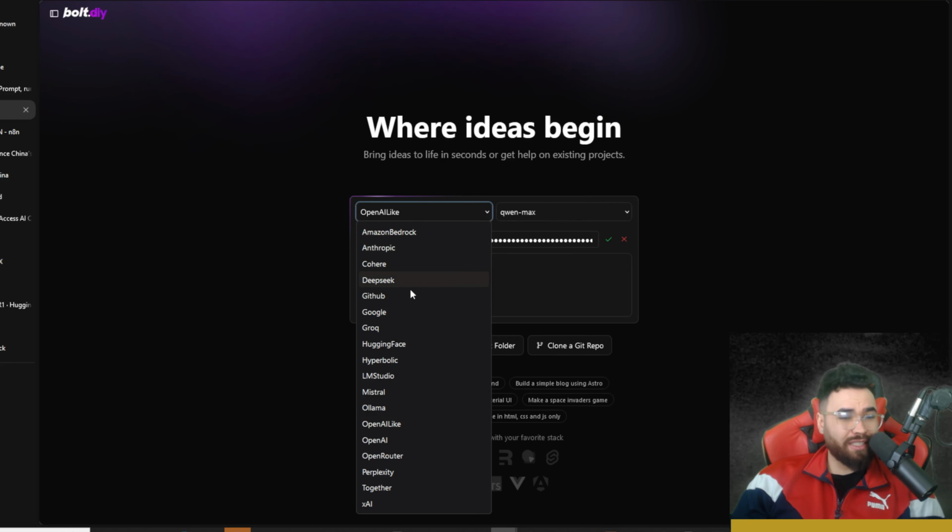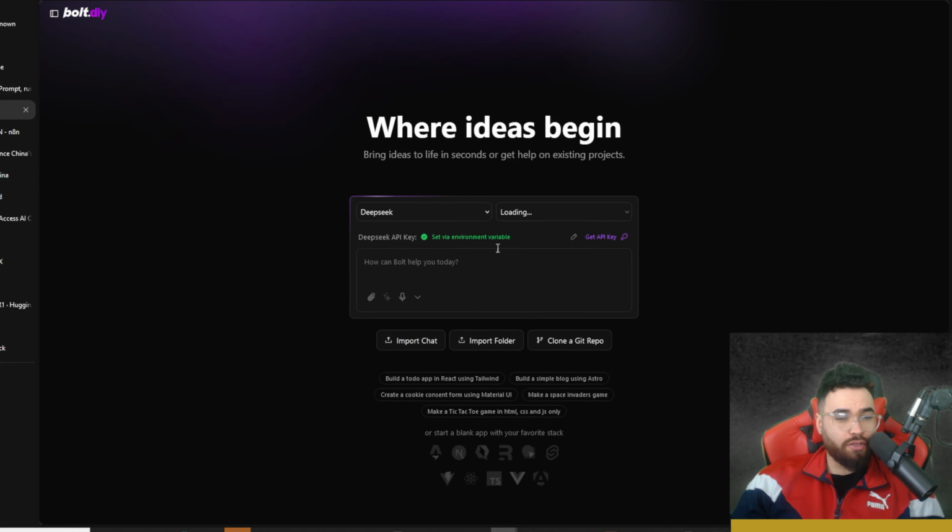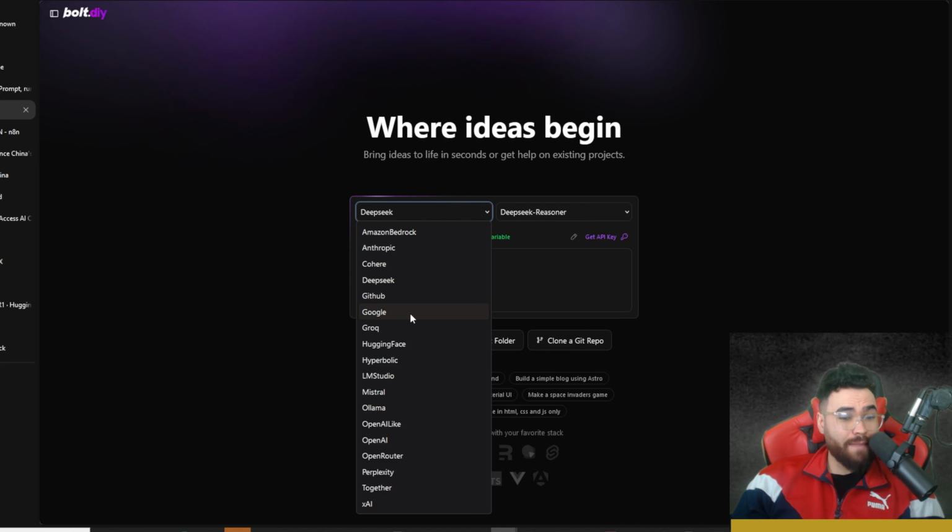So I'm specifically going to focus on DeepSeek right now because DeepSeek R1 is just awesome and it's even cheaper. So let's go ahead to DeepSeek. Now within DeepSeek, we can see DeepSeek Chat, DeepSeek Coder, and boom, DeepSeek Reasoner. And this is obviously the one that has been shaking up the AI industry that we're going to use. Now, like I mentioned, you could also use other platforms like Hyperbolic here or Together, but we're just going to